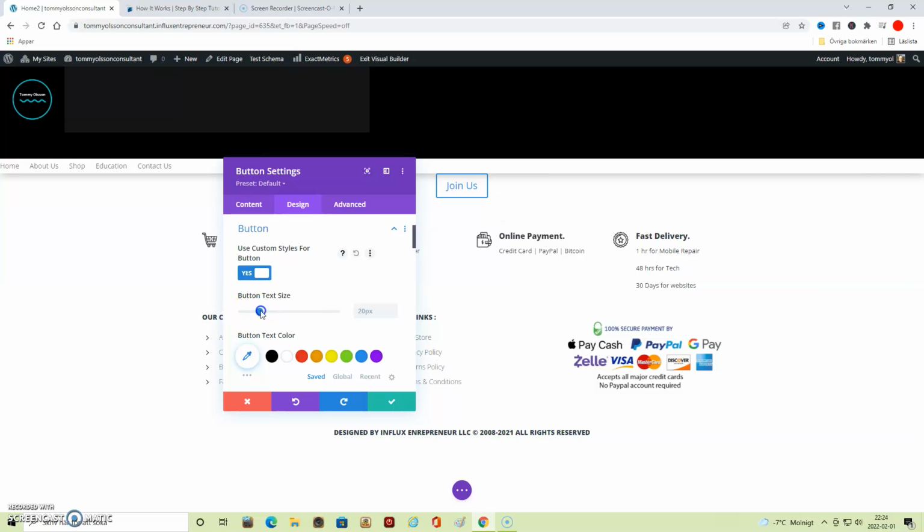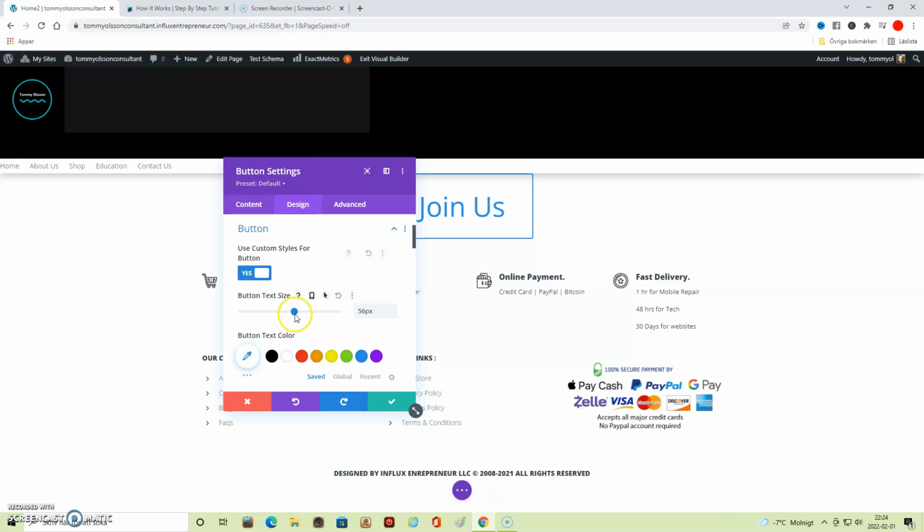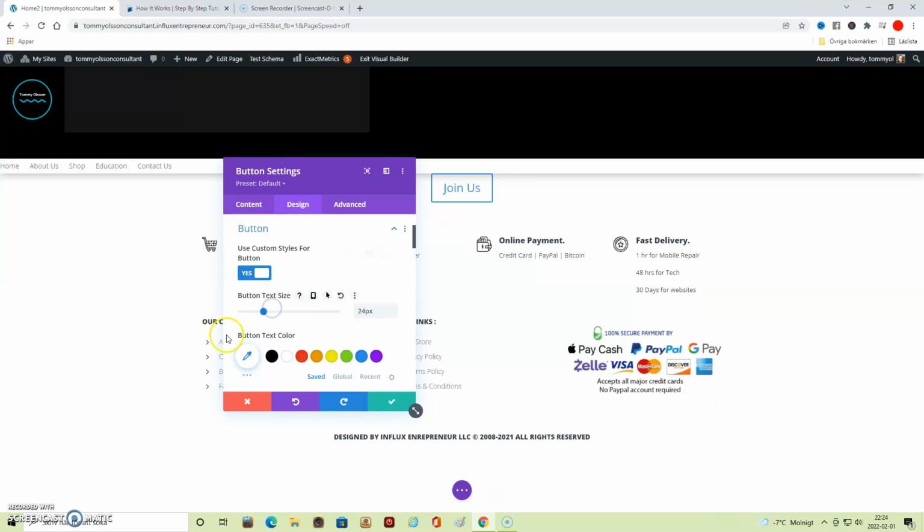And you can edit the text size here. That was a little bit too big. Let's have it back here. Then you can change the button text color, like for instance red.